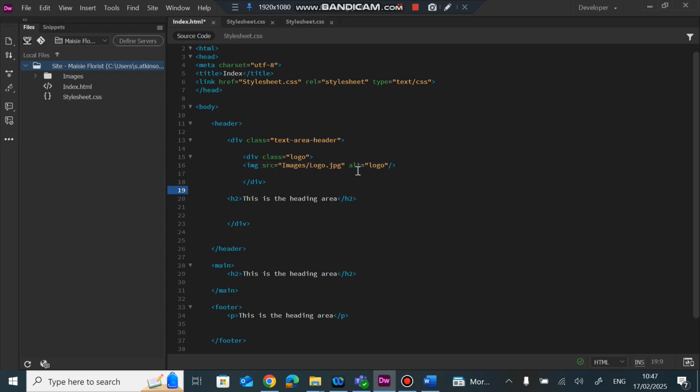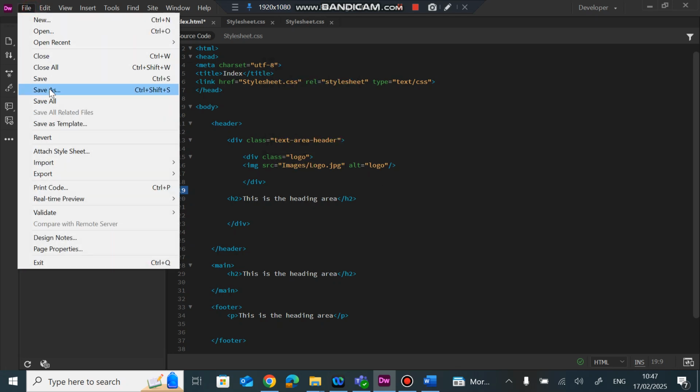So if you had someone blind and they were reading the screen, the software would say that's the logo for them. So that's basically what a screen reader is for. So you can see that now I've put that image in that area for my logo, okay, and if you roll over that, you can see what the logo looks like. So we're just going to press save,